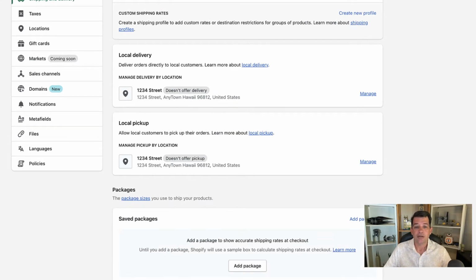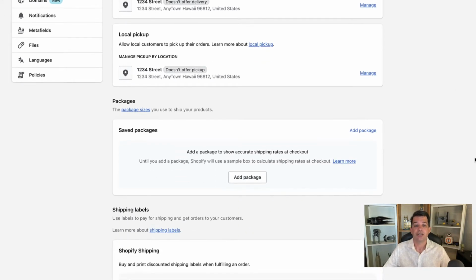Right below that is local pickup. This became extremely popular with the pandemic and everything shutting down, especially for in-dining or shopping in-store, where you can let people know, hey, you can purchase it and come to my location and pick it up. Same thing, you want to make sure you have your location address correctly in there. You can set up the times that you'll be available and some other details for local pickup. You can mix and match that also with local delivery.